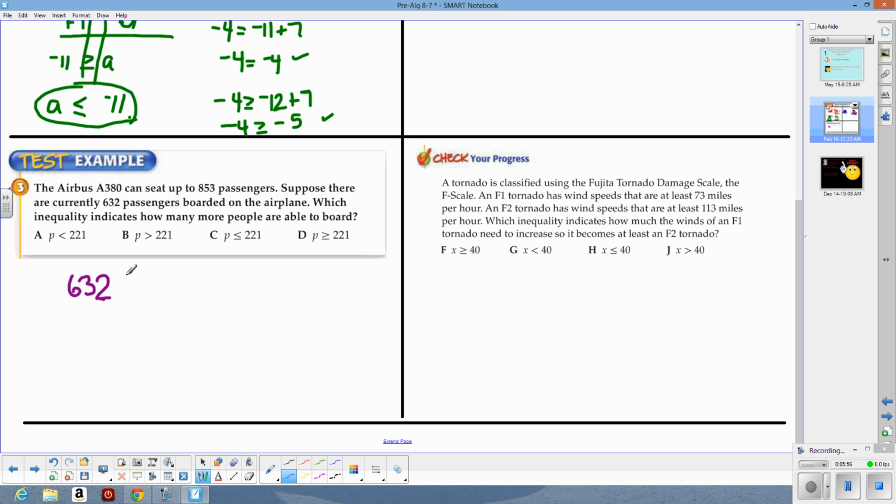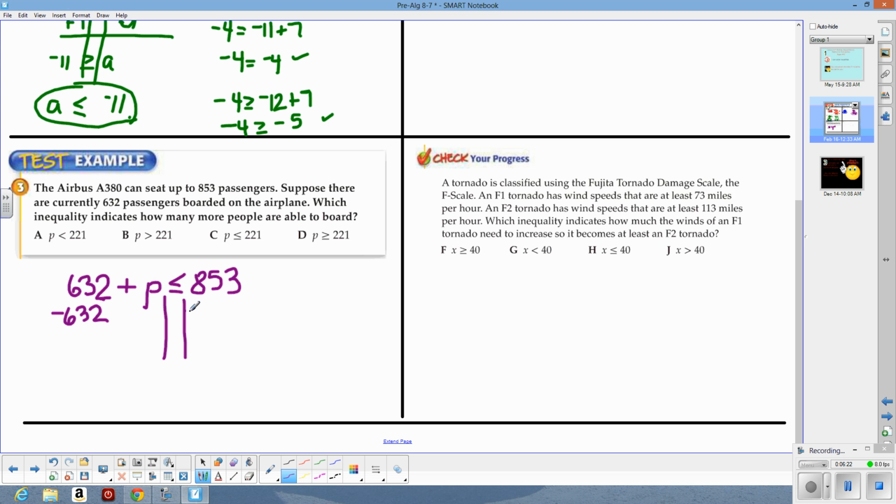If there's 632 passengers on board right now, and we want to know how many more passengers we can add, if it can seat up to 853, that means the total passengers needs to be less than or equal to 853. Now to solve this for P, you would subtract 632 from both sides